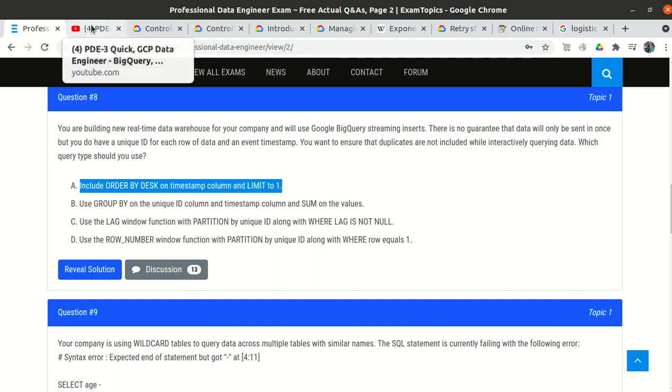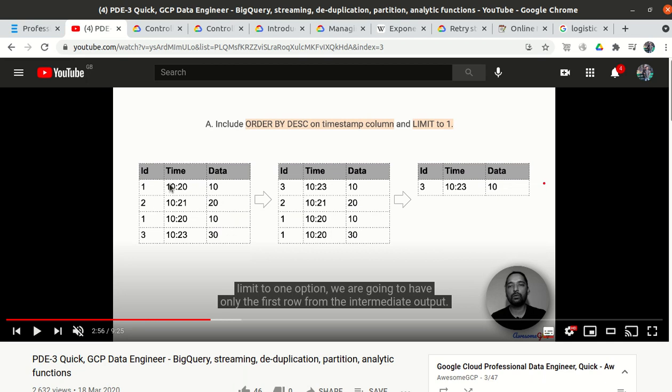If this is our database, ordering by timestamp descending puts 1023 on the top, then 1021, then 1020, then 1020 again, then limit to 1. If we use limit 1, we will see only one record in the output, but we have to see all the records, just without the duplicates.